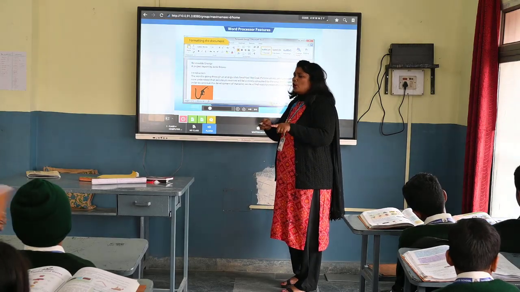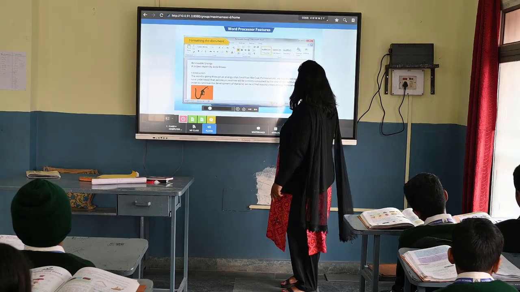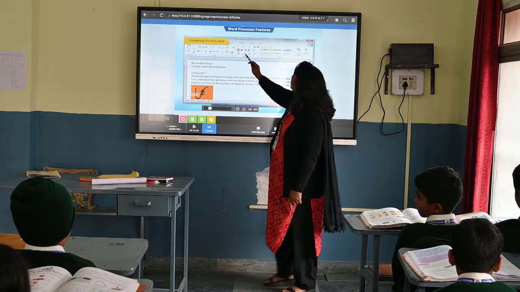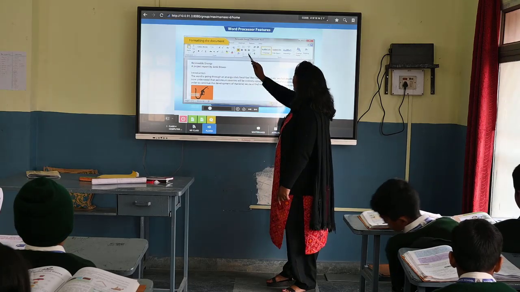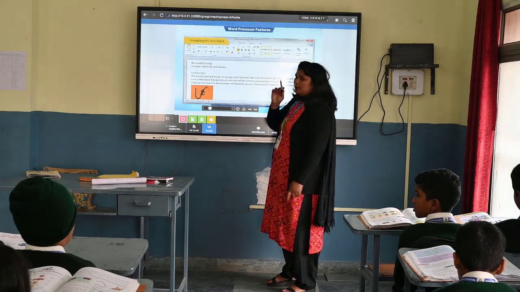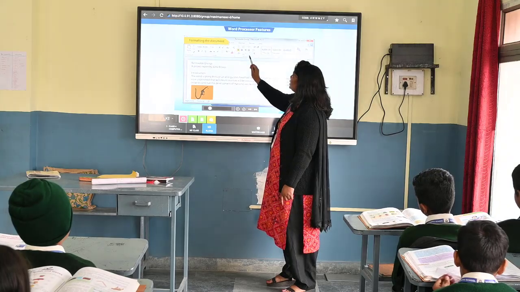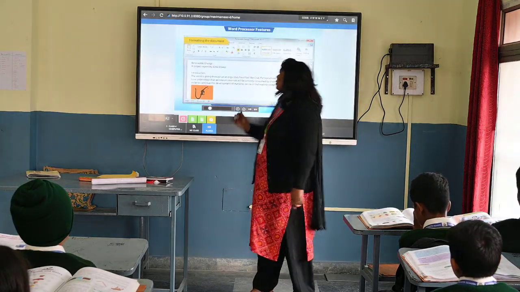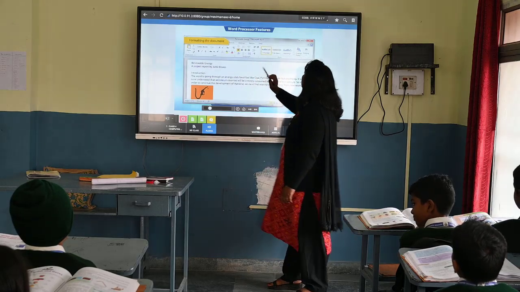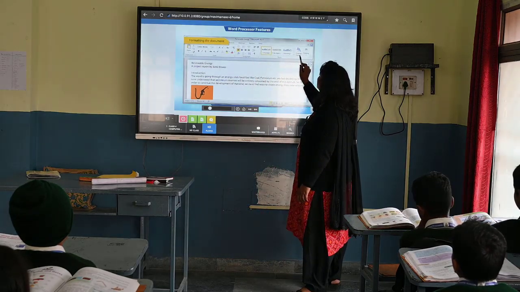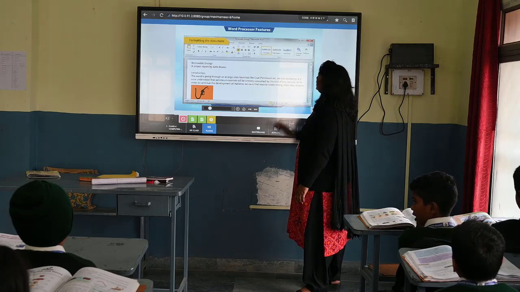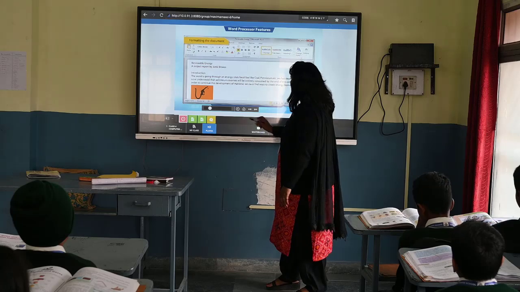Suppose you have to make a border. Yeah, from here to here. Suppose this is the picture and you have to make a border. Then you can use this. Okay? And suppose you are making a table. This A to Z. Can you see that? Yes, ma'am. That is your alphabetical order. You can arrange your documents. These are the styles. You can change the styles, and this is the editing part. Okay? Yes, ma'am.